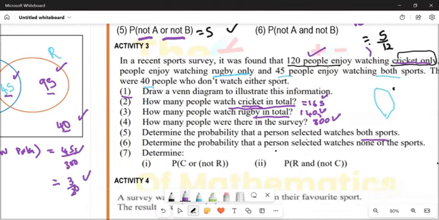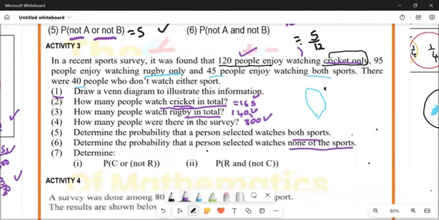Number 6. Determine the probability that a person selected watches none of the sports. How many people watch none of the sports? There are 40 people. Okay? Then the probability that someone watches none of the sports is going to be 40 all over what? All over 300. 1 mark for this. What is the